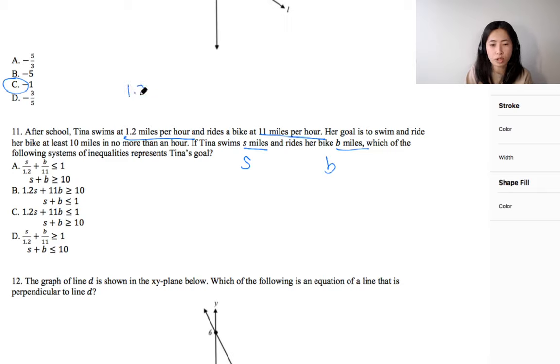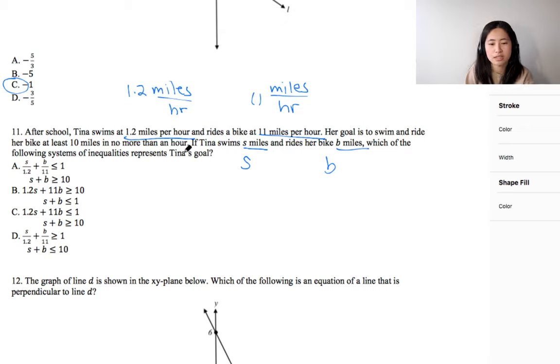Because they're saying it's 1.2 miles per hour, they've indicated that hour is in the denominator, and then you have 11. So this is miles per hour, right? So that means you know that your unit S needs to be in your numerator, and then this is going to be 1.2 in your denominator because this also includes your time. It's per hour, remember? So that's why you have that right here. And this has to be less than or equal to 1